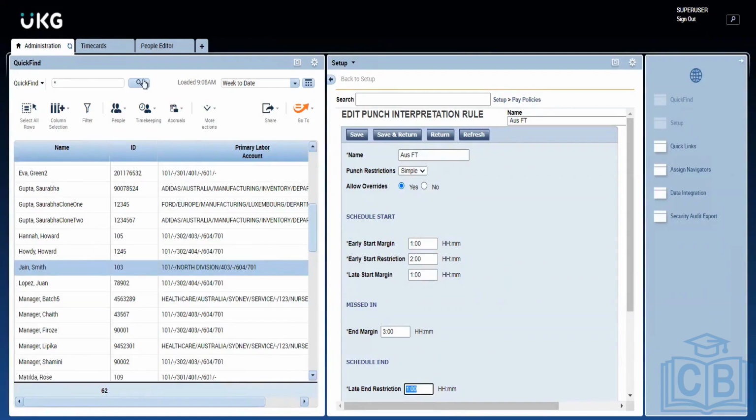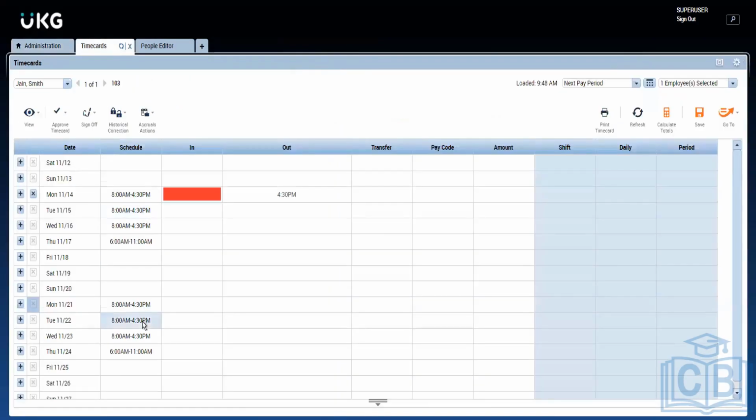After 1 hour, his shift is ending at 4:30 p.m. If he is trying to punch out after 5:30 p.m., as per the configuration which we have created, the particular clock or the device which is used to swipe out will reject his punch. If we manually enter, it will accept it because we are not the employee, we are the super user. We can enter whatever hours we want in the time card. Same goes for the manager also. The manager also can enter in the time card. But if an employee is trying to swipe in or enter the punches, it will reject it.